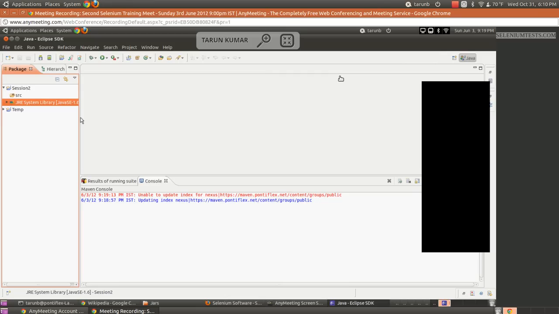But in case of WebDriver, it has its own mechanism for different browsers. For example, with Firefox driver, WebDriver works as a Firefox plugin because that's the best way it could control the browser itself, and it also emulates the real user interaction. If you're injecting JavaScript and trying to control your browser, that's not really a good thing in terms of functional test automation. You should not be changing the state of the application to test it. While in case of Selenium 1, it happens so. You are changing the state of the application, which is not a good thing. So I was talking about the Firefox driver in which WebDriver works as a Firefox plugin.